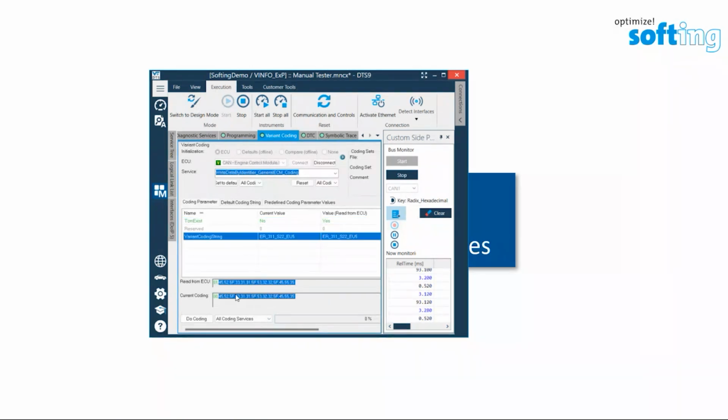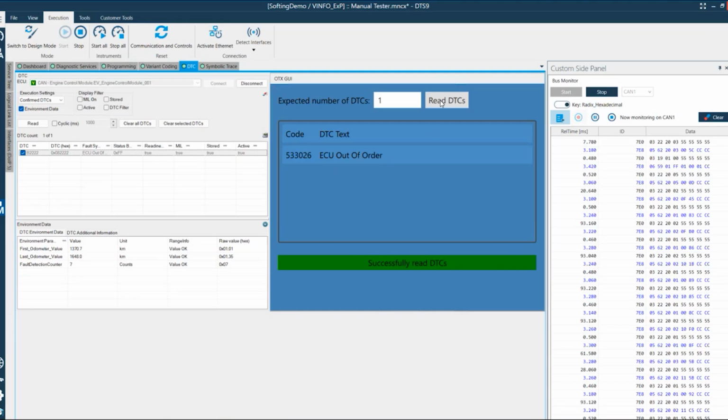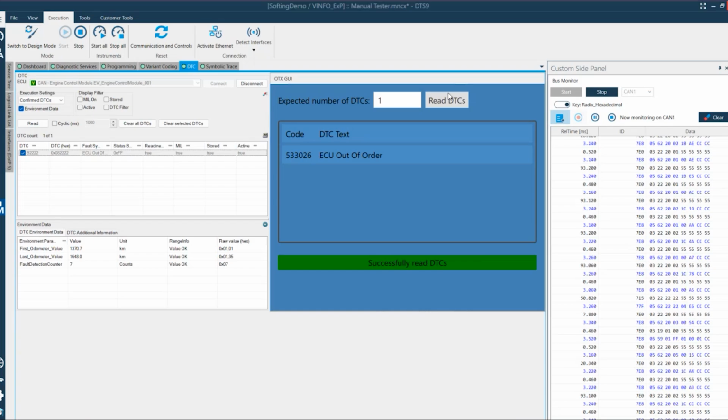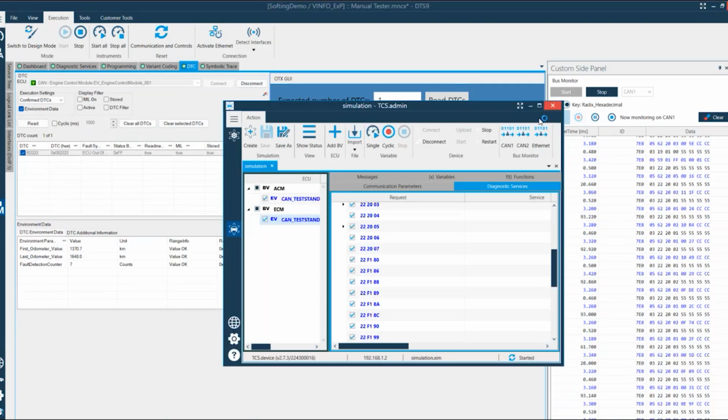I can also maybe change to another value. I can say do coding, and it writes and reads the new value here. I go back to this DTC. I read my DTCs. It's one DTC, and maybe later, if you see that there's something changed in the process, maybe in the new test tool we need 2 or maybe we need 3 DTCs, then you can update your simulation file. I go back to my TCS admin,